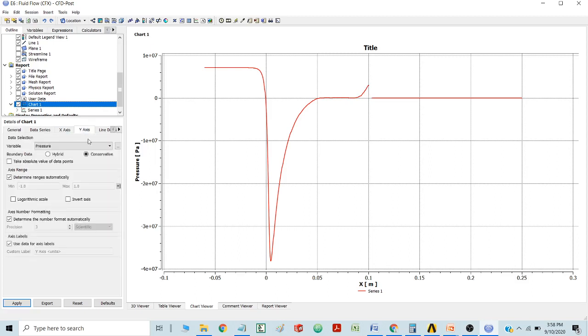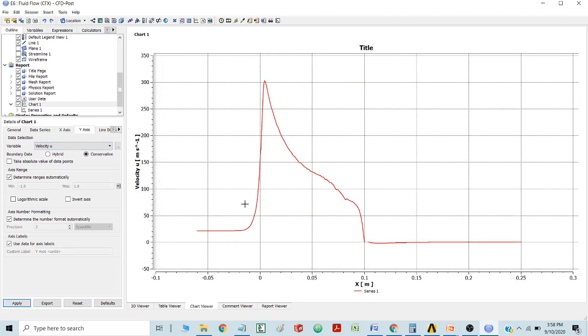Now if I take velocity as a variable in the x direction and draw it, you could see that the velocity is increasing up to 3, it's not 343, so I have not achieved Mach number equal to 1. It is still below the value of 1. If I draw the Mach number curve, you could understand that.